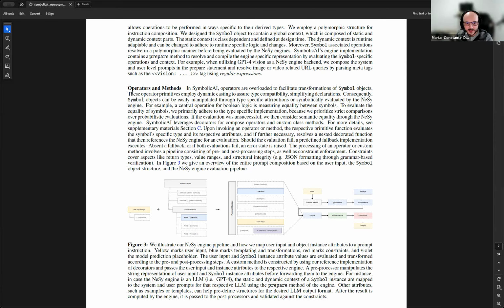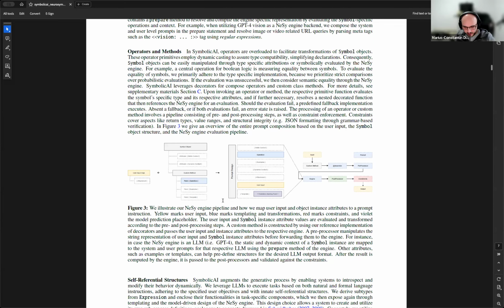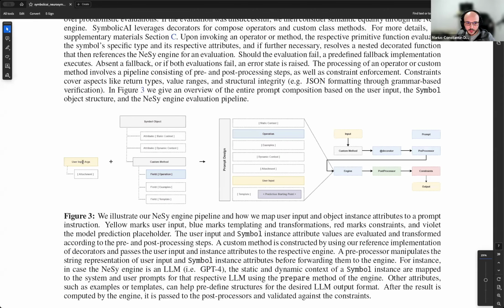Yes, exactly. And then we have these operational methods, which are also custom. In this graphic, for instance, we describe how we create these operations and methods, where we have maybe some user data or arguments, so the user input, maybe even some attachments as a payload from previous executions. Then you have the symbol class, or in this case, the instance, the object. So you have the symbol object instance, which has different attributes.